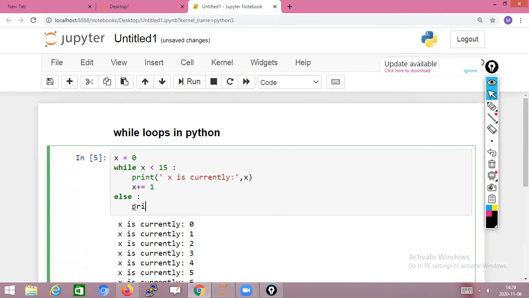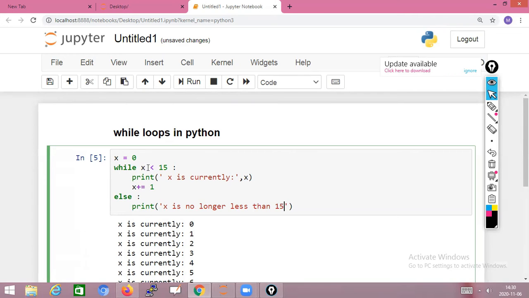In the else part, what I am writing is print X is no longer less than 15. Okay, try to understand this.